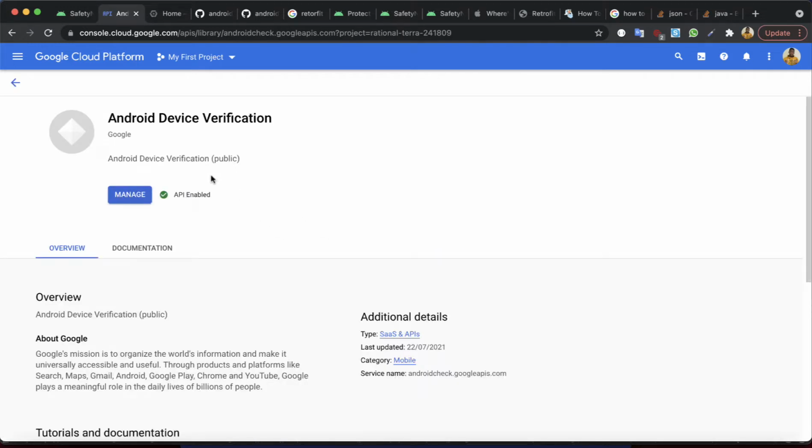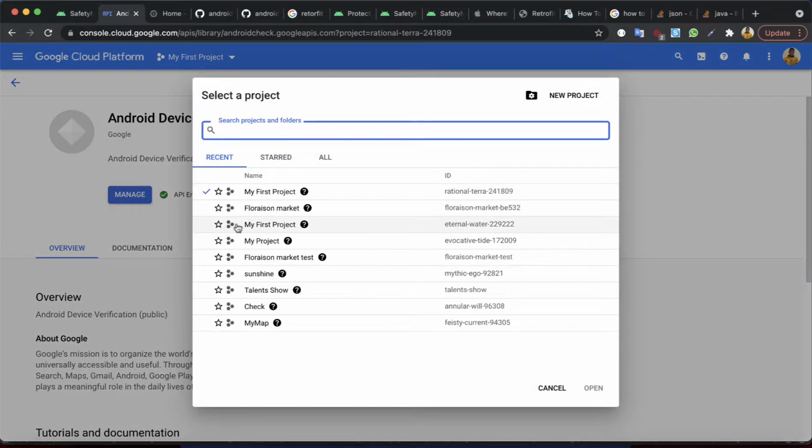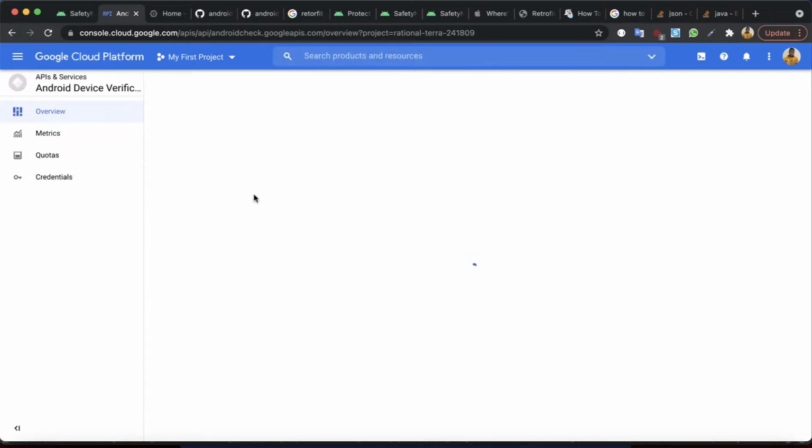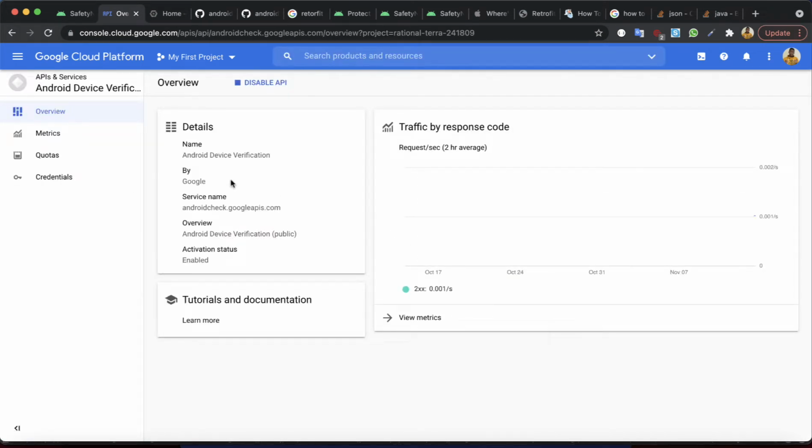and here you are. For your particular project, if this is not yet enabled, you will see the enable button right here. But if this is already enabled, you will see the manage button. So you can select here the project for which you want to enable this API. For me, I will just select this first project and I will click on manage because I've already enabled this API. And you can go to credentials